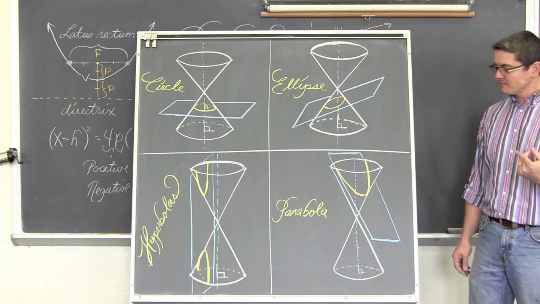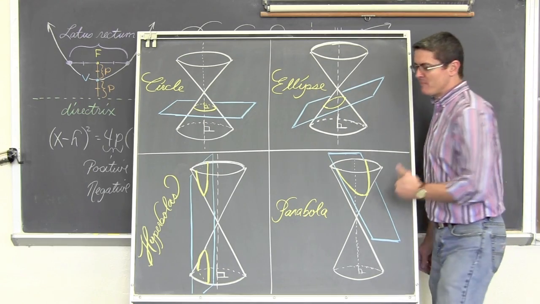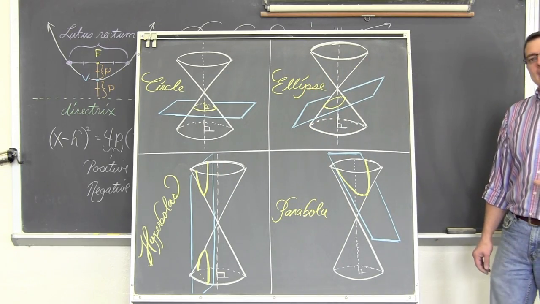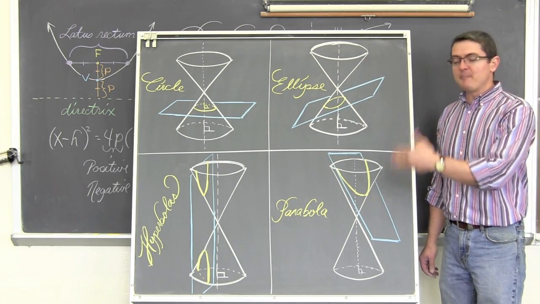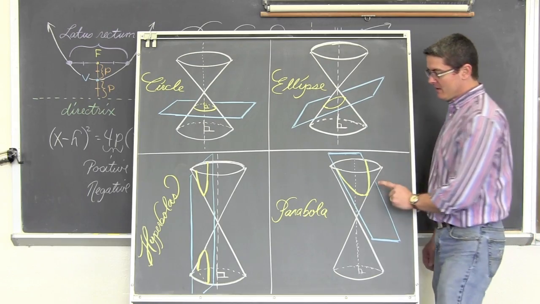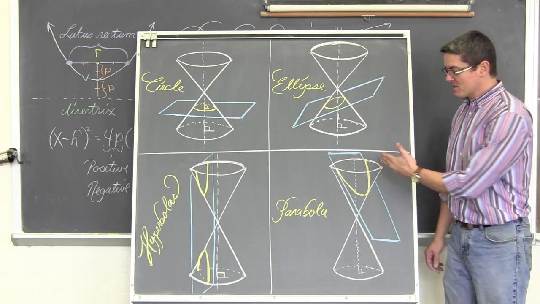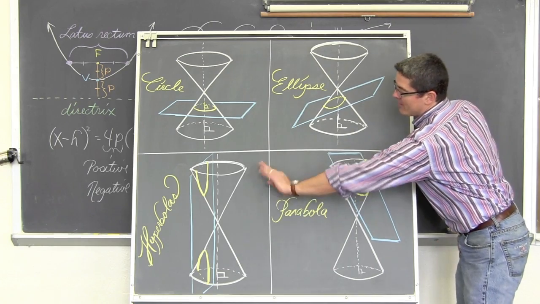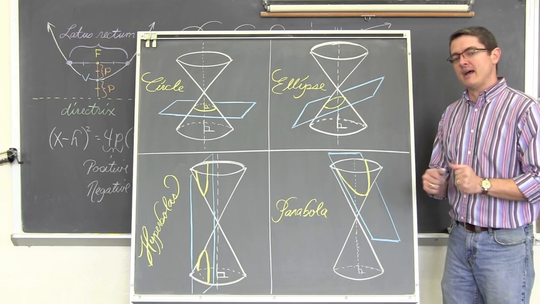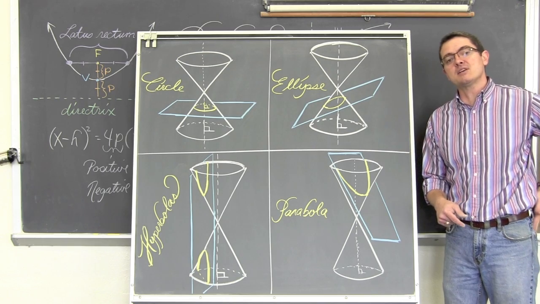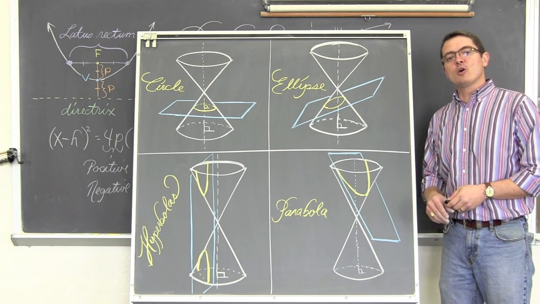Thus we only get one parabola, as opposed to when we slice these cones parallel to their axis, we get a pair of hyperbolas. And again, parabolas and hyperbolas are not the same shape. It's not just you have two parabolas stacked on top of each other. They do not have the same shape. As an example, parabolas do not have asymptotes like hyperbolas do.